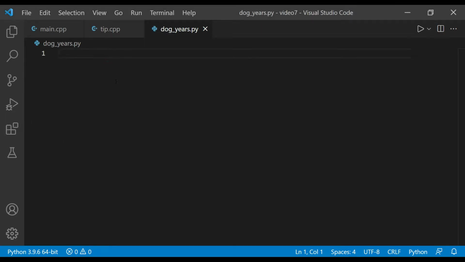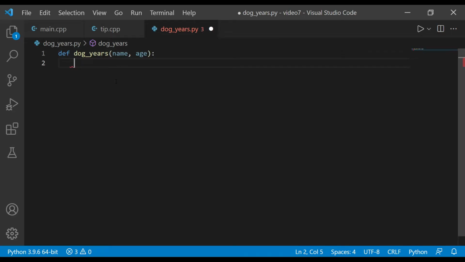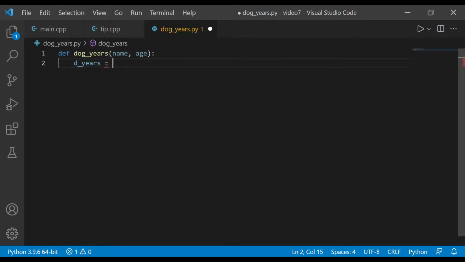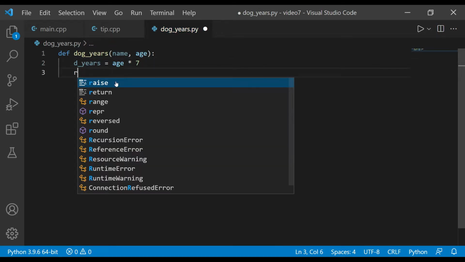Let's get things started. First of all, I'm gonna use Python in this case, and let's basically define our function here. So I'm gonna call this dog_years, the name, and we could have the age. Now since it's getting two input parameters, name and age, the name is a string, and age is a number, and we know that dog_years is going to be 7 times more, so it's going to be age multiplied by 7, since that's the human age, and we're going to be converting that to a dog age. Now we're going to return a string here,